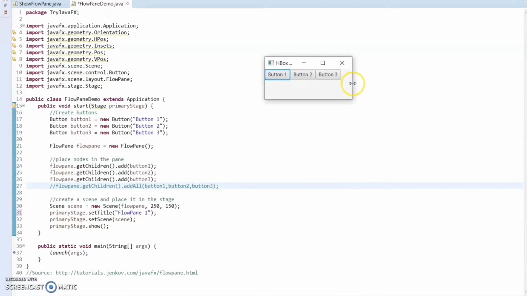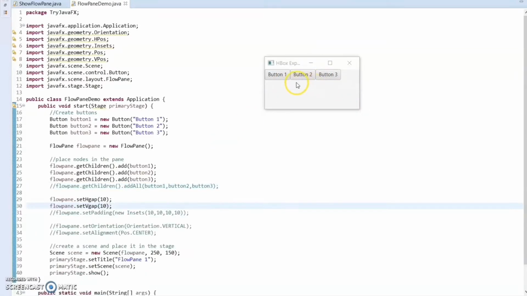So it will give us the FlowPane like this. Because we don't set our hgap and vgap value, so it will give us the default value 0. So you can see all the child components are stuck together because